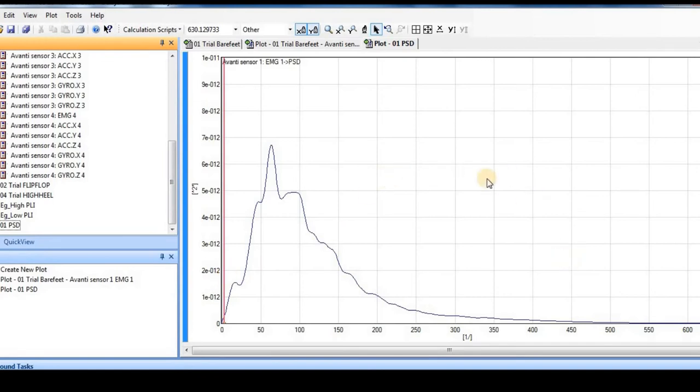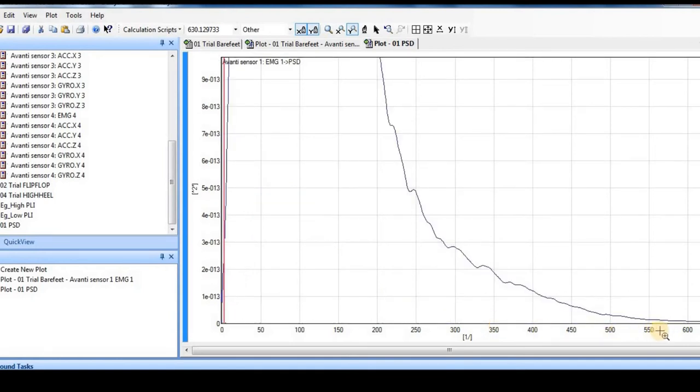So if I want to see where my plot is touching the zero line, if I zoom, you will find that somewhere around 550 or so, this is almost going towards the baseline, and around 60 it is almost touching the baseline.